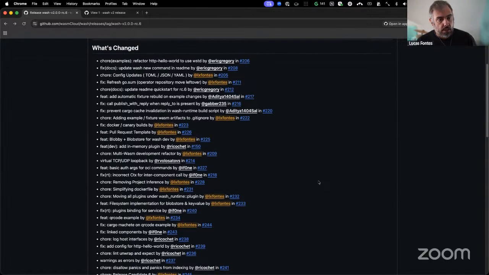We did a lot of work here in the service and component communication, both in terms of correctness, making sure that the proper WASM context is being passed around, as well as implementing the virtual TCP/IP loopback. What this means is that now components can connect to services over localhost 127.0.0.1, and essentially you can run a